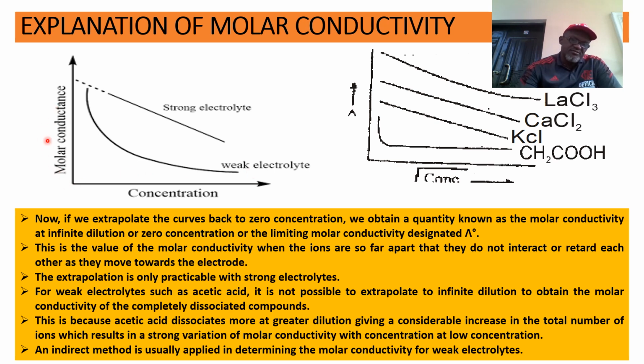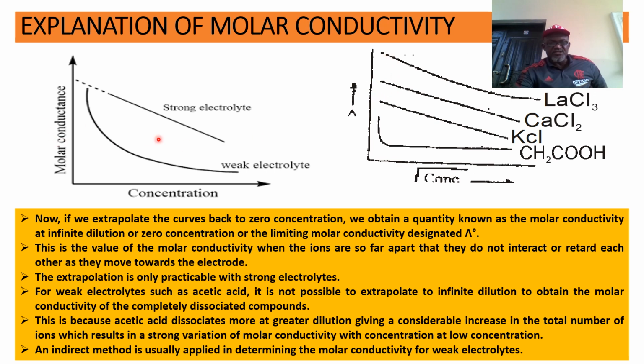This is our molar conductivity or molar conductance against concentration. The same thing is plotted there. We now use examples. Lanthanum chloride, calcium chloride, potassium chloride are all strong electrolytes. These 1, 2, 3 are strong electrolytes. Look at how their molar conductivity is varying. But look at acetic acid. Look at how the molar conductivity varied. For these 3 strong electrolytes, we can